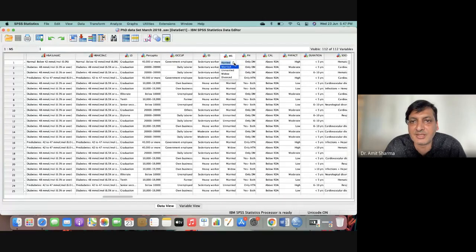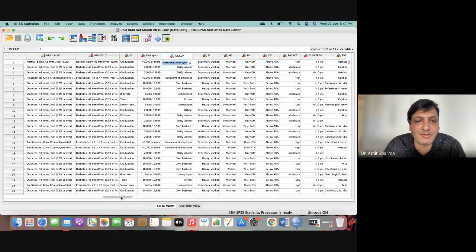Marital status has married, unmarried, widow, and divorced, so if we want to compare fasting blood sugar with marital status, we can do it. We cannot do it with fewer than 2 categories. So wherever we find more than 2 categories, obviously we can compare by applying ANOVA.